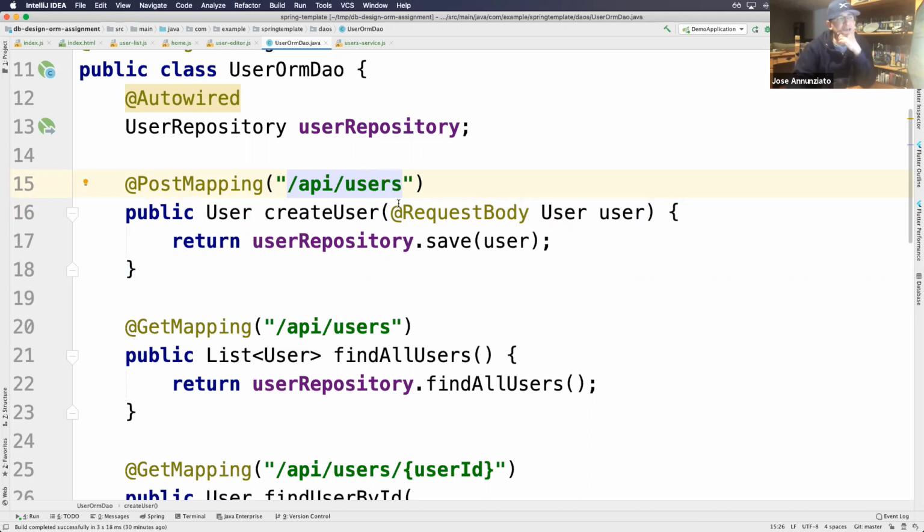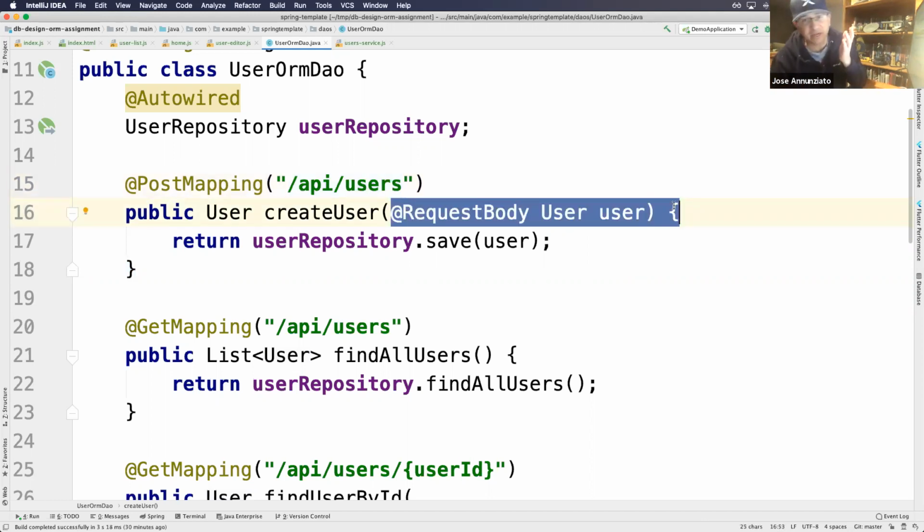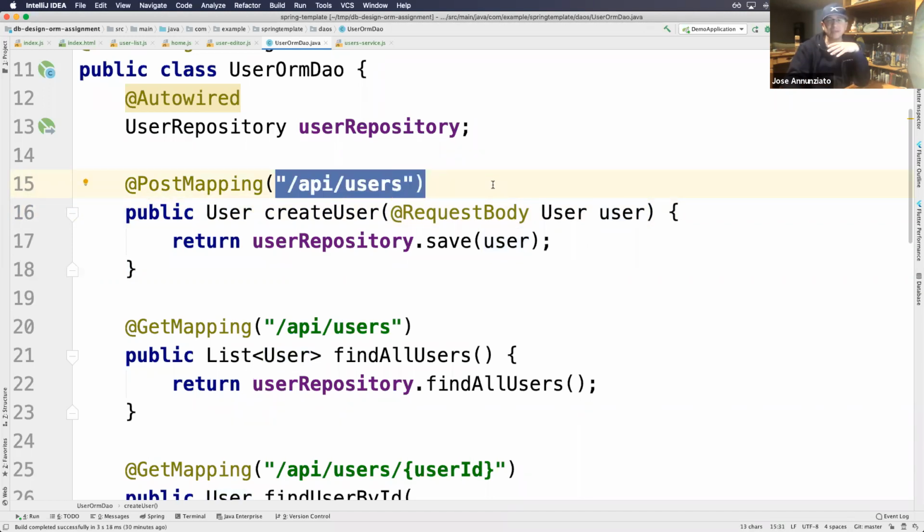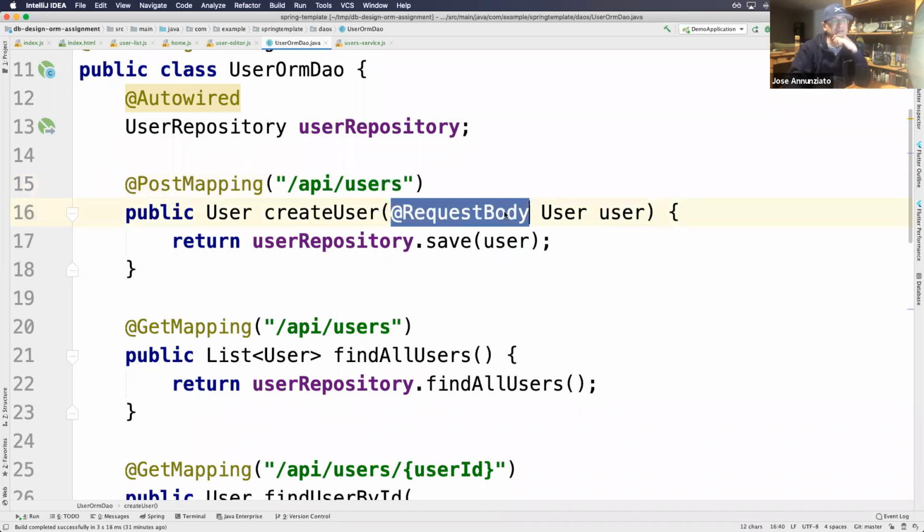In this one, notice that it's not accepting strings or any primitive data types here. See that? Instead, it is accepting a full-blown class, so an instance of a user, that's what it's accepting, right? So that's new. And notice that data is not being passed in the path. See this? So in that sense, it's a slightly different implementation from what we did in DB7. This was a little more interesting. The data is instead of being passed through the path variables,